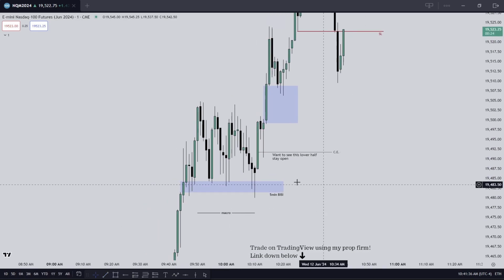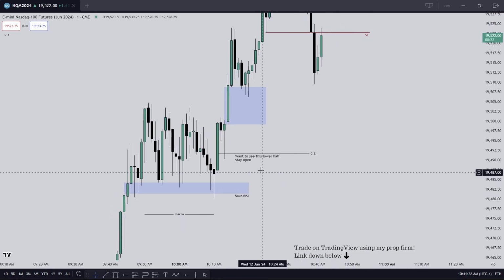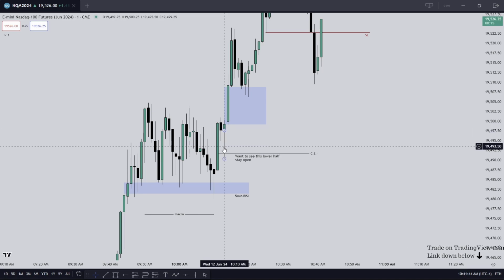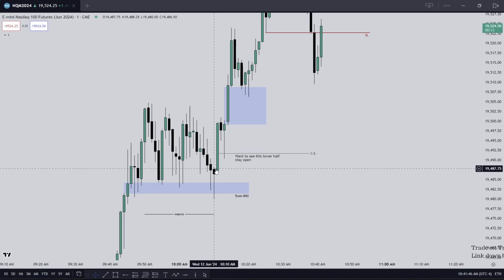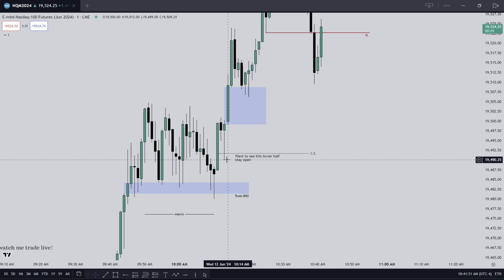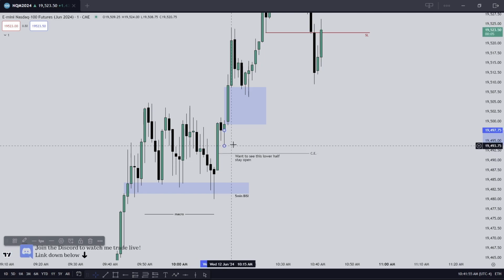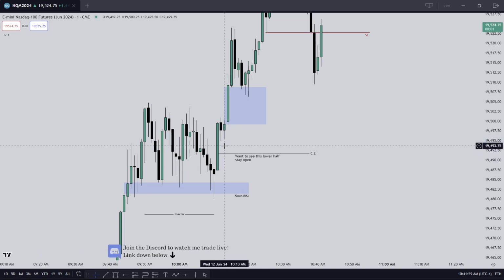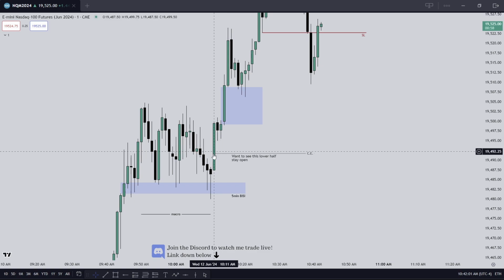All right, look at that. Isn't that clean? But let's say this candle did something like this. We opened, traded down, went past consequent encroachment, but we snapped all the way back up. I'm still seeing that as we're really bullish. One, we left some of this fair value gap open. We didn't trade all the way down to the low, and we didn't close past consequent encroachment. But preferably, I like to see that lower half stay open. But in this case, we left the entire fair value gap open.